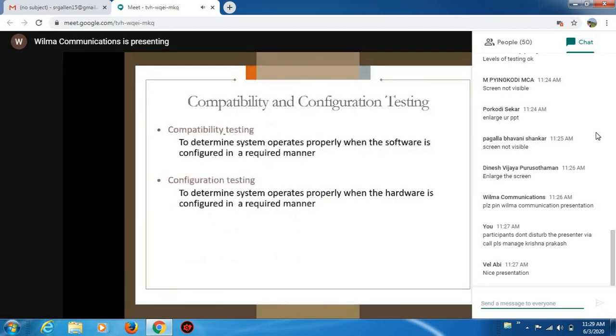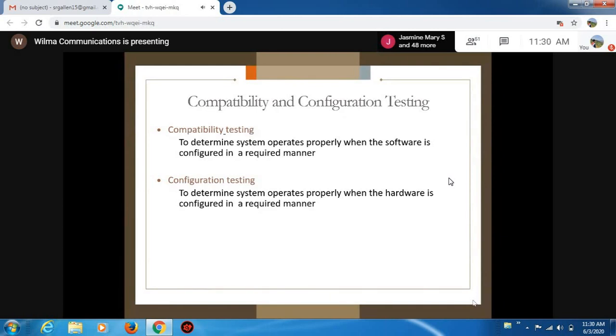The next is compatibility and configuration testing. Compatibility is to determine that the system operates properly when the software is configured in a required manner, and to determine that the system operates properly when the hardware is configured in a required manner.